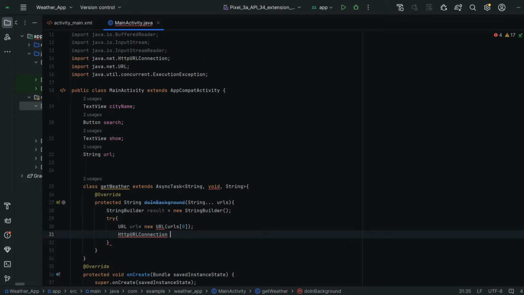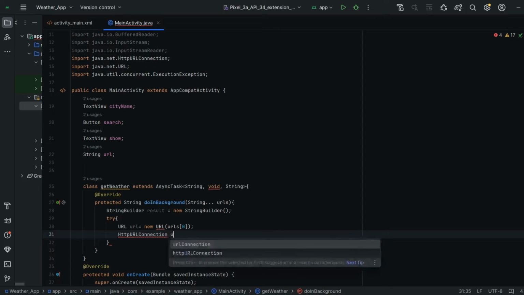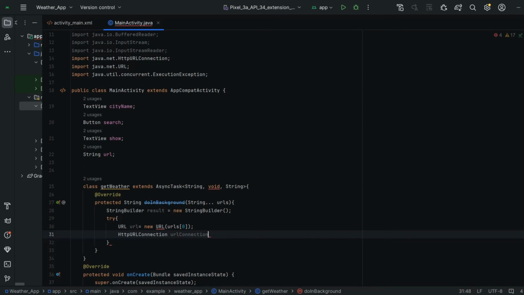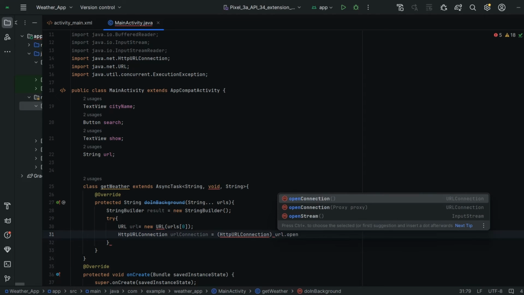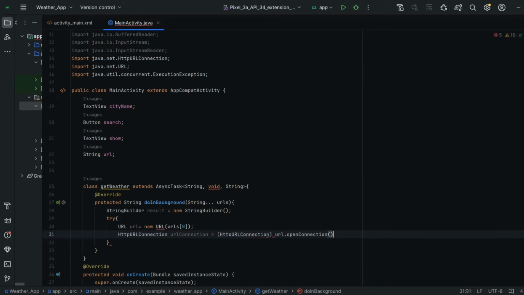I'm going to create an object for it, so I'm naming it urlConnection is equal to HttpURLConnection, url dot openConnection.